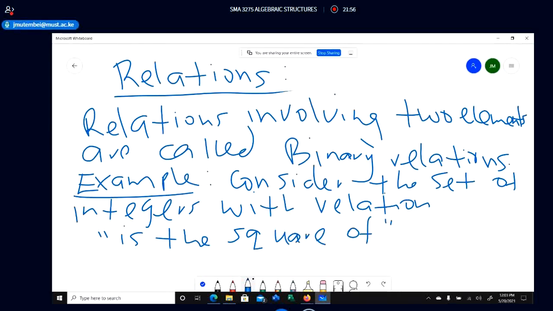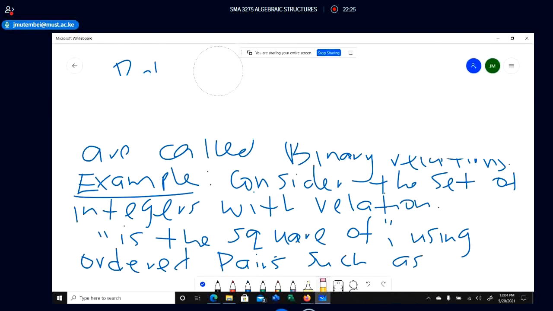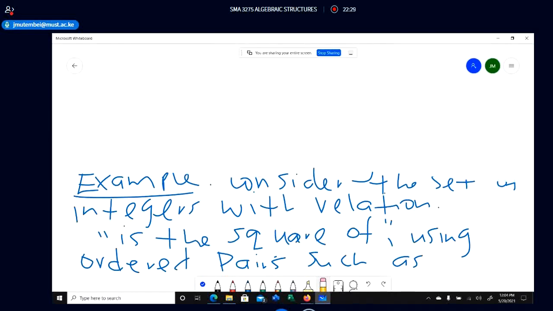Is the square of. Using ordered pairs, such as, now if you were to represent that relation in ordered pairs of this kind, then we have this. The relation is the square of. This is the relation. Is the square of. So in ordered pairs, we shall have pairs like this, like